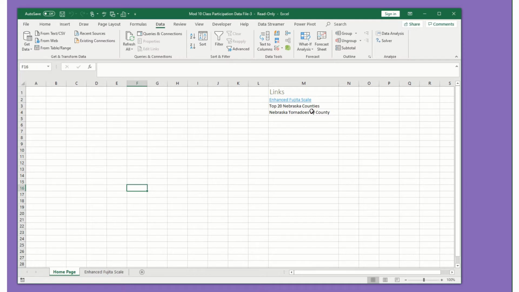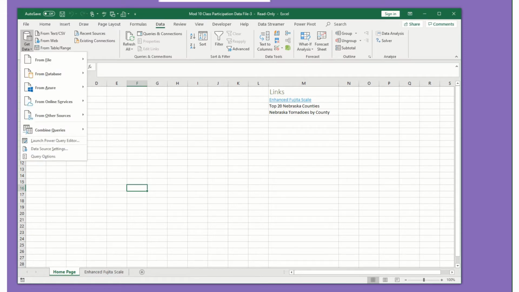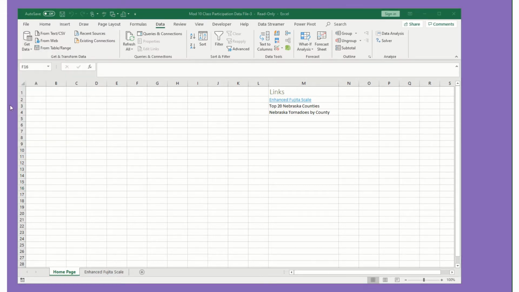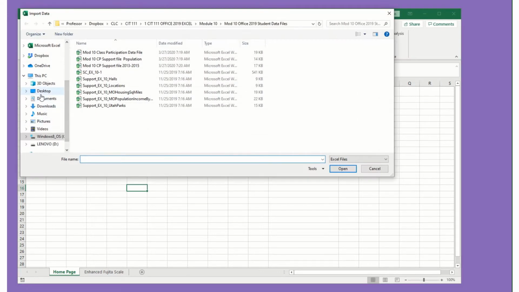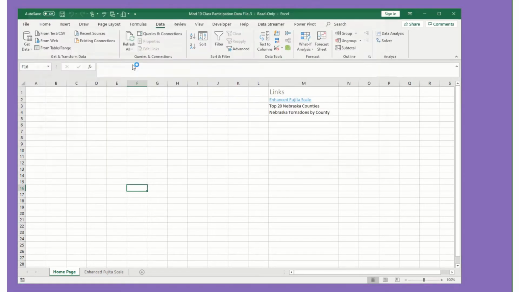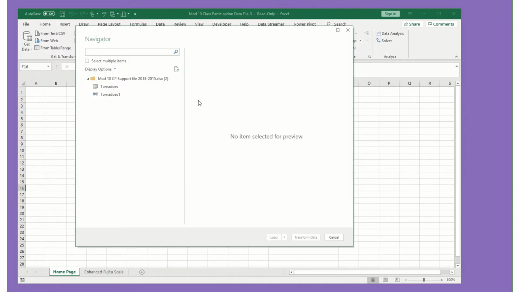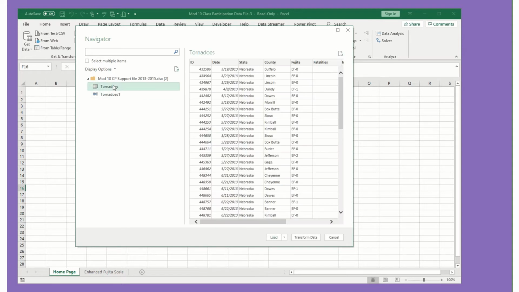So unlike regular pivot tables where our data is already in our workbook, for the Power Pivot Tables, we will need to import the data. So we're going to go to the Data tab, and in the first group, we'll click on the Get and Transform button. So get data from file, from workbook, and you can go to where you have your file saved. We're going to grab this file. I'm going to click on tornadoes,